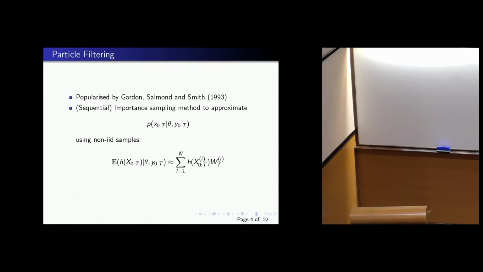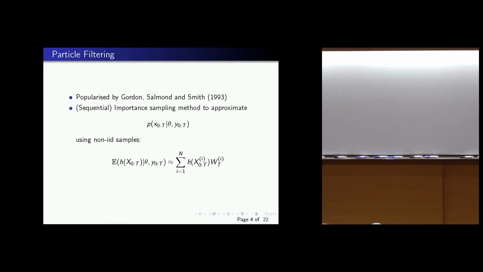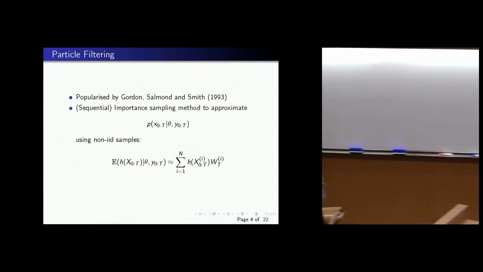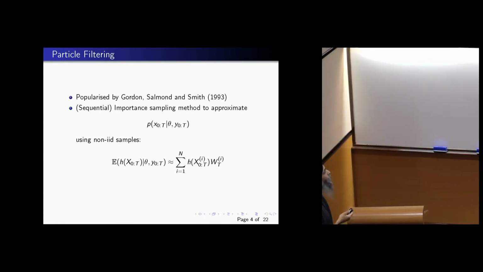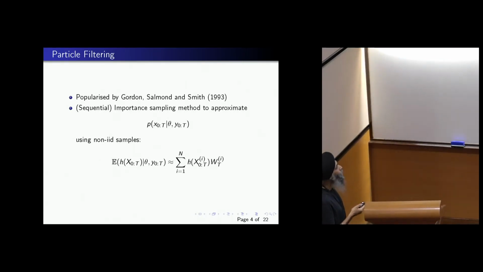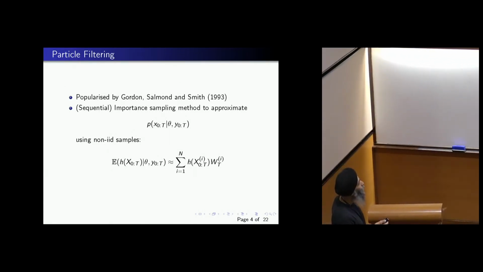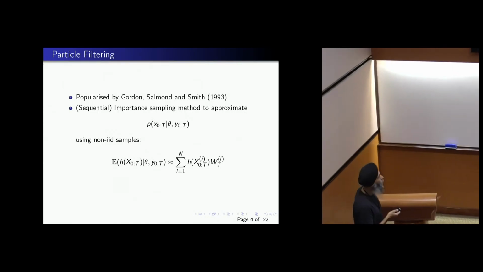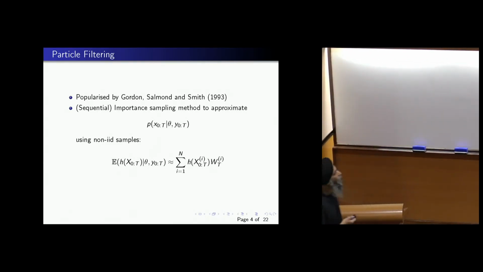It's a sequential importance sampling technique to generate samples from the distribution of the hidden states given all the observations and parameters that define the statistical model. And it's an importance sampling technique. In particular, it's sequential, so you generate the samples of hidden states sequentially. So given that it's importance sampling, you're going to have some weights to correct for the discrepancy between your proposal distribution in an importance sampling and